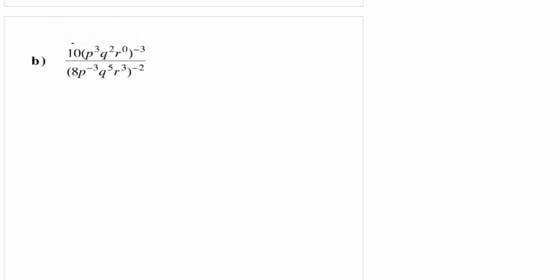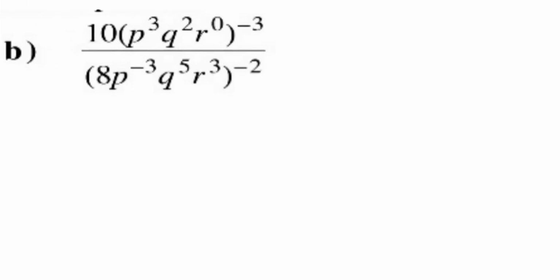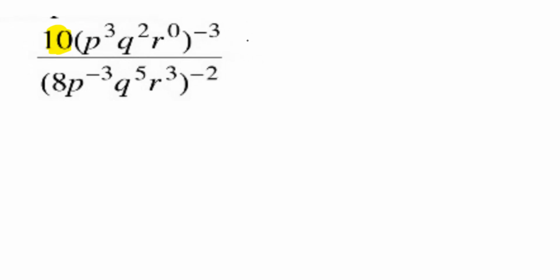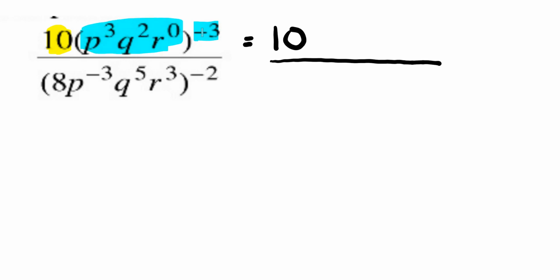Okay, let's move on to 11b now. Okay, so another good question here. So what I noticed right now is there's a 10. Okay, so we can write this with a 10 out in front. Okay, so here's step number 1. I noticed that there's a negative 3 here, right? A negative 3. So what we're going to do is we're going to take this, everything in the blue brackets here, since that's being raised to the power negative 3, we can just bring that to